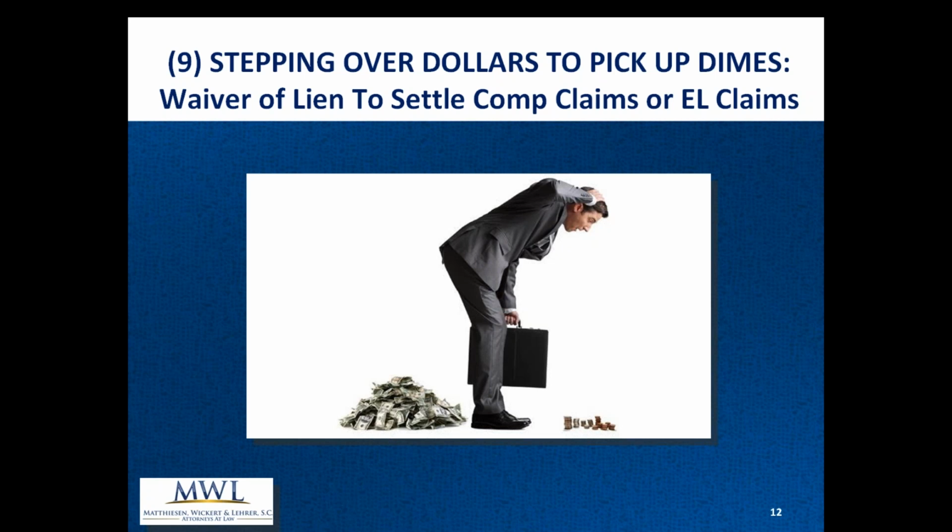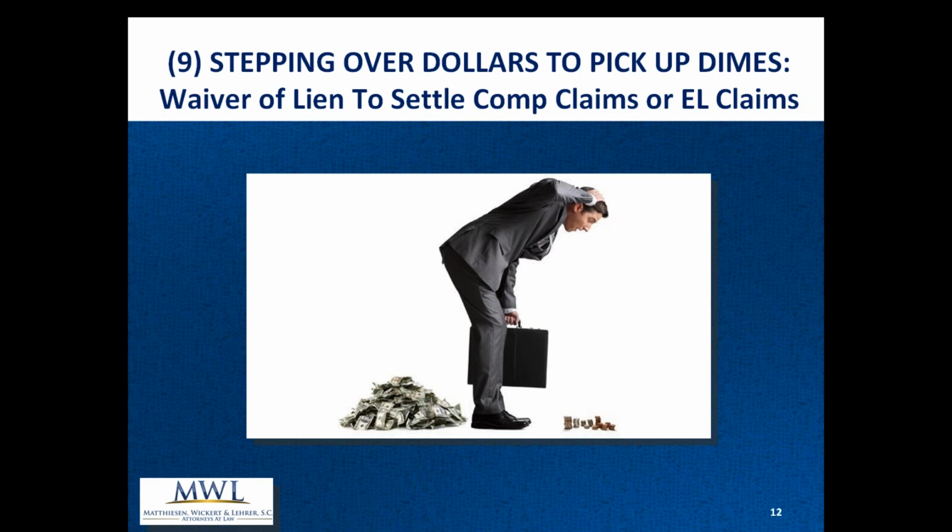Probably it happens because we are talking real dollars on the comp claim, and often we look at the third-party case as monopoly money. Well, you know, it's money we've already paid. We're not paying out anymore. It's just nice to close the claim. There is also the human, self-centered purpose of, hey, I just want to close the claim so I don't have to deal with it anymore. You know, I'm like that. I've got files that I just can't wait to be done with. But I would get in trouble if I got rid of them or settled them for less than what I possibly could, merely because I wanted to close them.